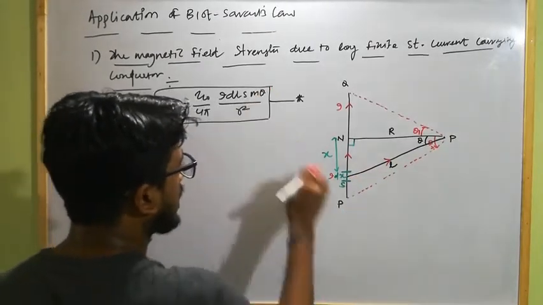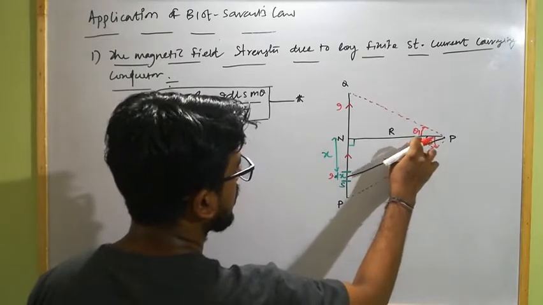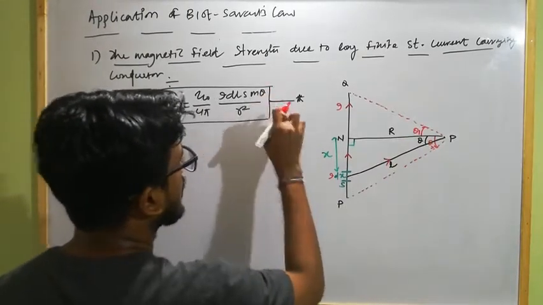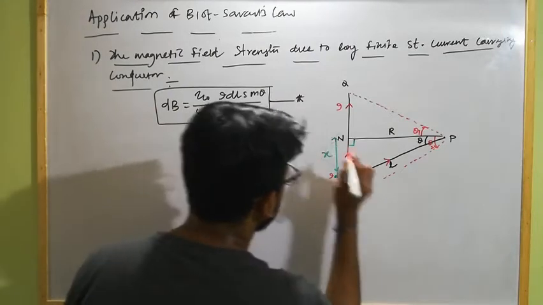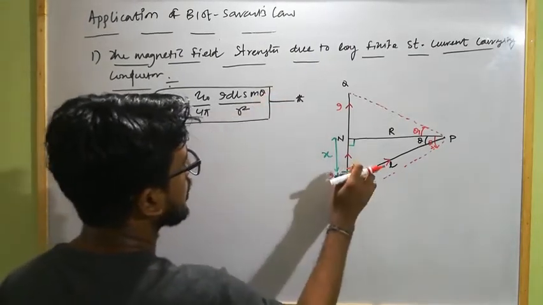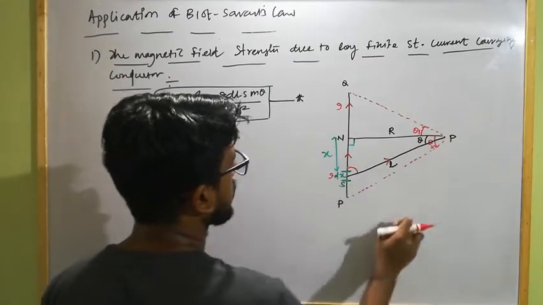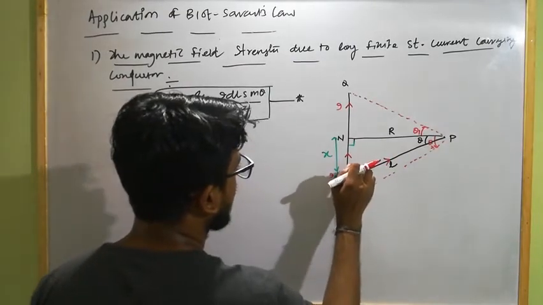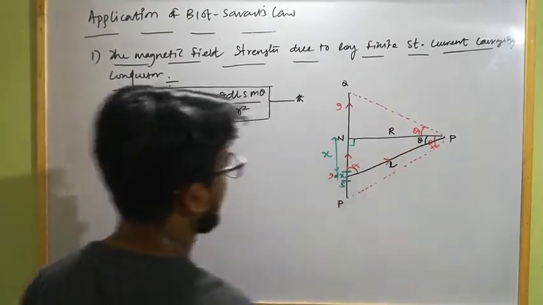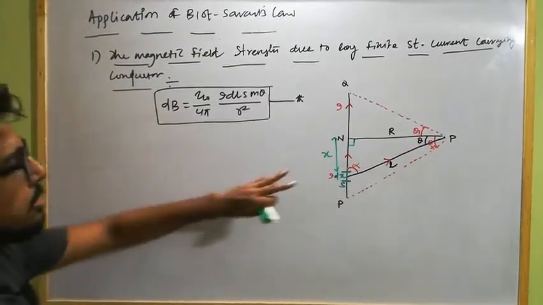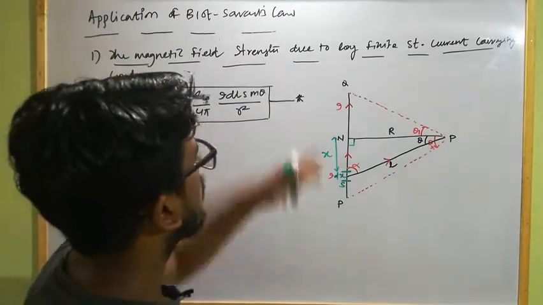So this theta will be here, not this one. This is not the theta as mentioned here. This theta will be this angle, because the angle theta is between the direction of current carrying element and the position vector. So this will be the angle for this theta. Let us mention here, this will be alpha. Clear? So now the figure is done according to our requirement.